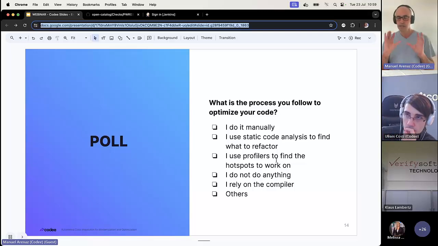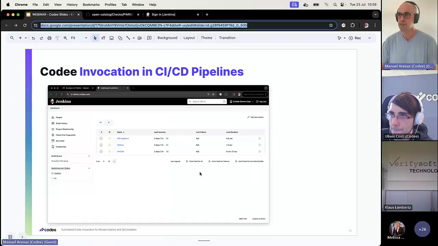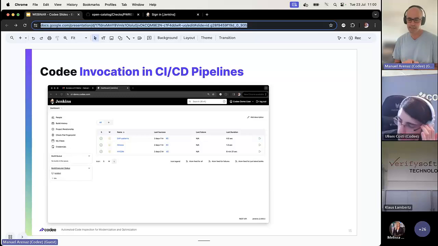Okay, so these are things you need to think about, understanding how you are doing your software development process when it comes to optimization of performance. Based on this, you will understand better where Codee can be positioned in the scope of your software development process. One final thing I would like to quickly go through is to show you that Codee